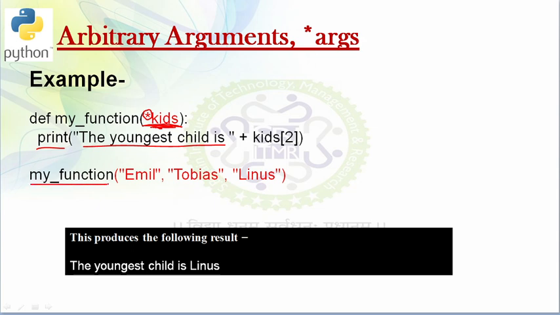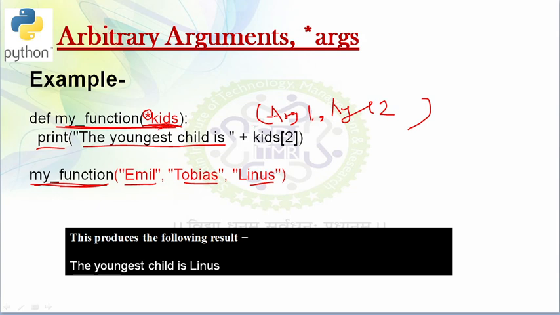In the place where I'm calling this function, I'm passing 3 parameters, and you can see in my definition I have not defined the number of parameters, whether I will have 1 argument or 2 arguments. It is not clearly defined how many arguments I will be passing to my function.